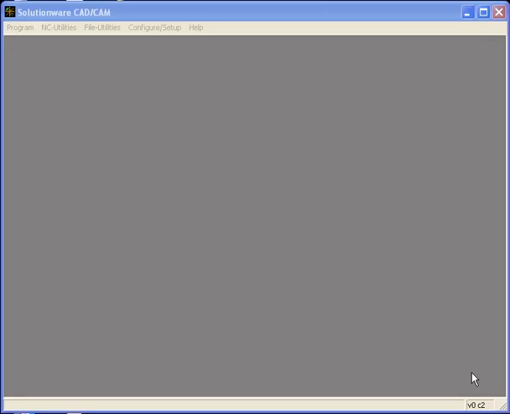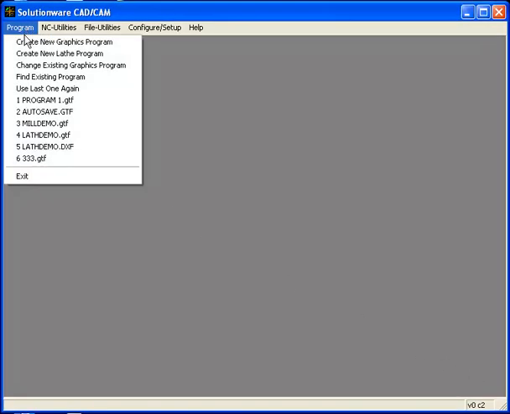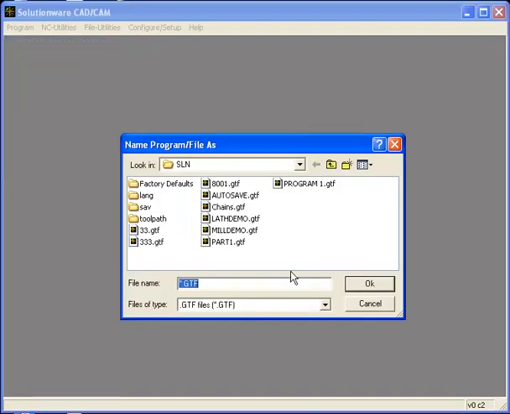Okay, this video is taking a look at doing a projected macro cut on a three-dimensional surface IGES file. So let's get started. I've opened Geopath and I'm going to go ahead and create a new program. I'm going to give it a name,